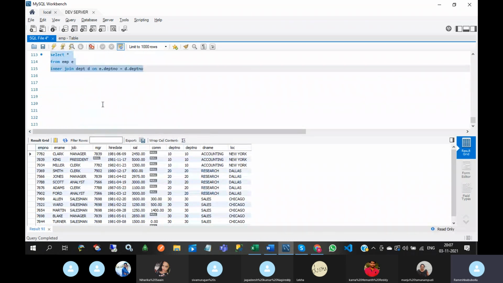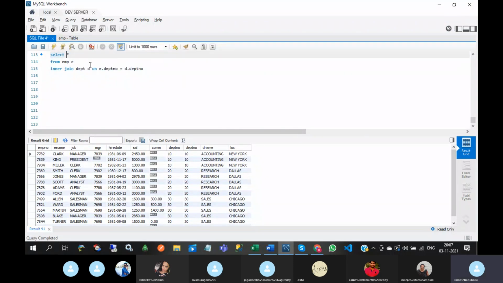All the columns in the employee table will come, see this, from employee number up to department number. These columns belong to the EMP table. From department number to location, these three columns belong to the department table. You will get all the columns.